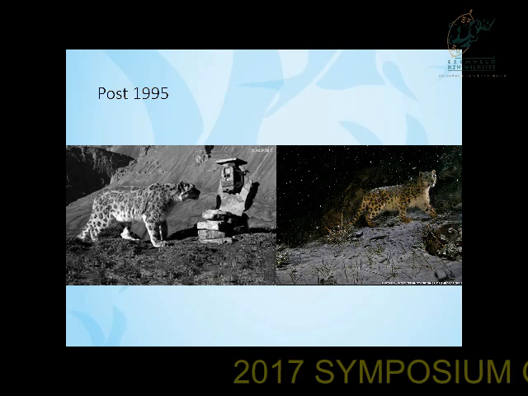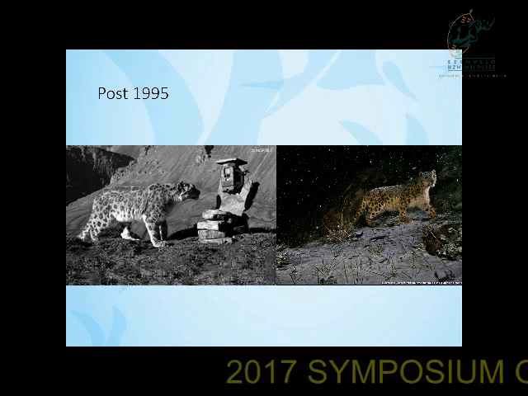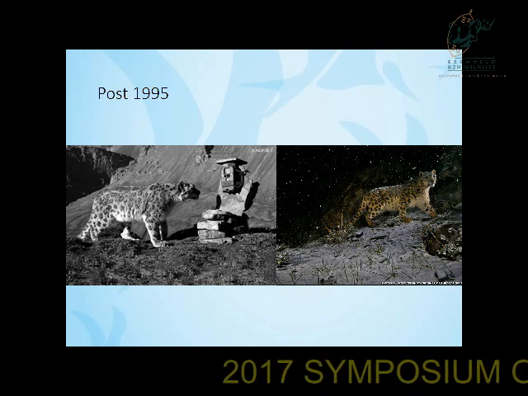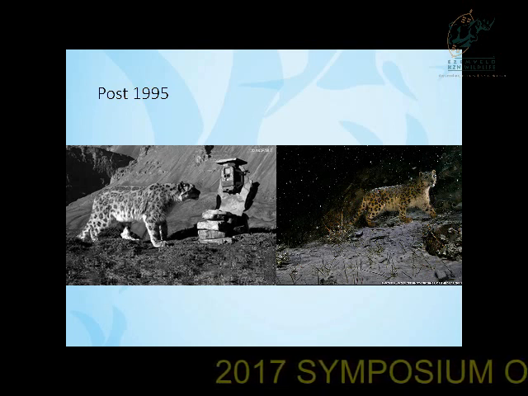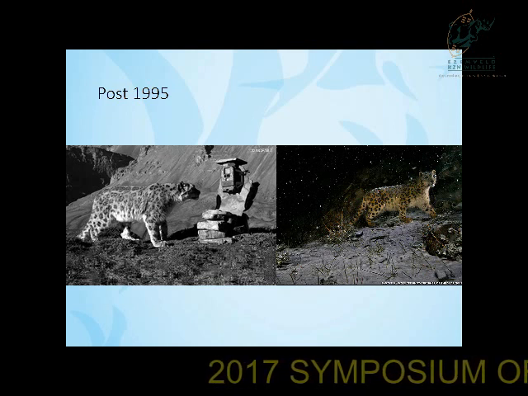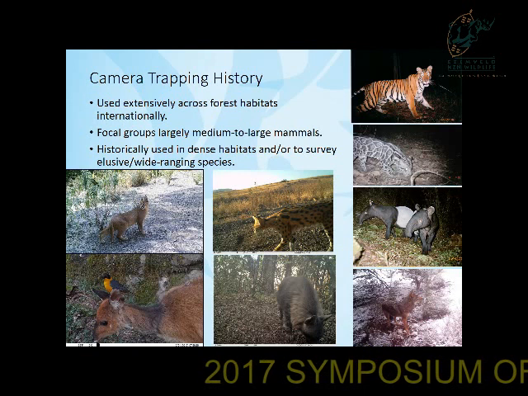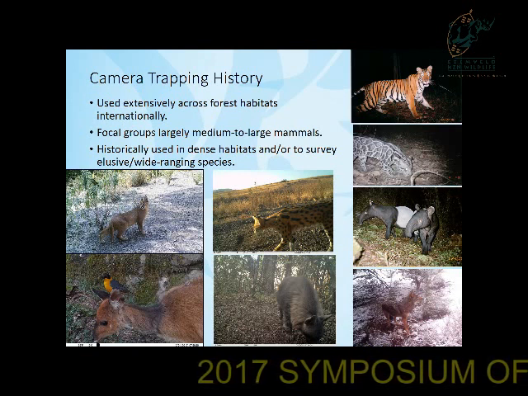From then, as I mentioned, the heavy, robust units, black and white images, often having to preset where you expect the animal to be in terms of exposure, etc. Through to 2006, fully automated camera trap units that you can literally just load up, put out, and that does the job for you. In terms of camera trapping history, where we used it, the initial surge, 1990 through to early 2000s,